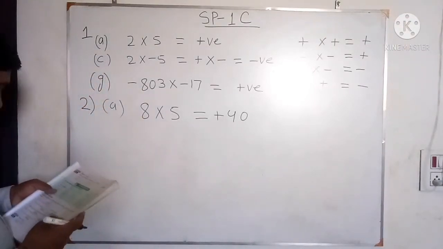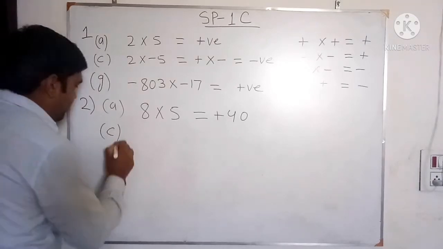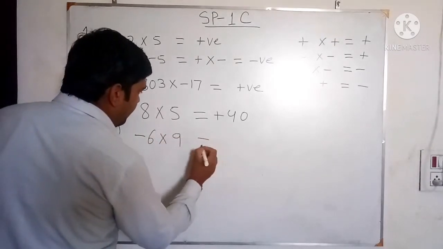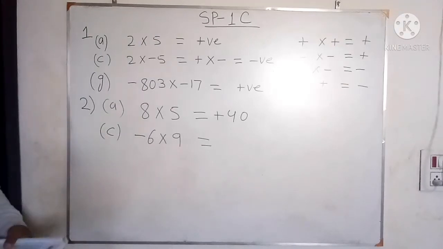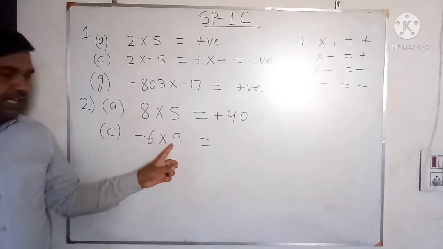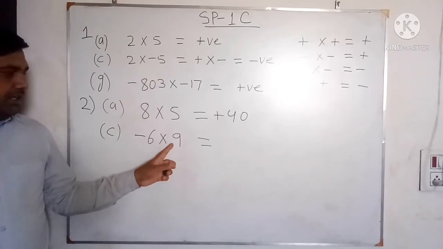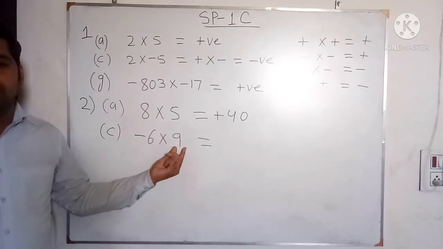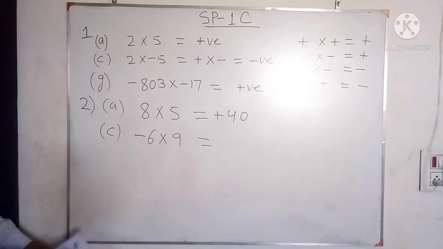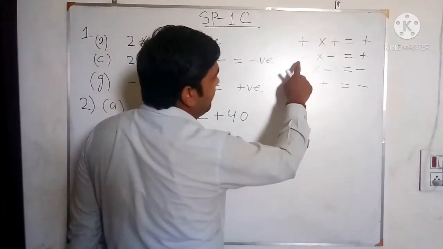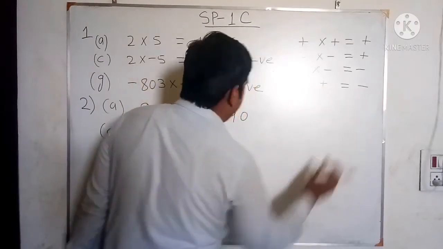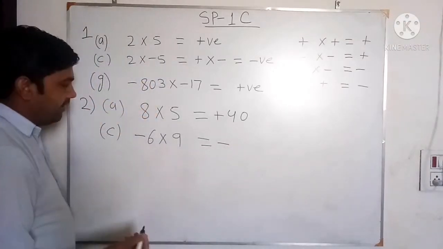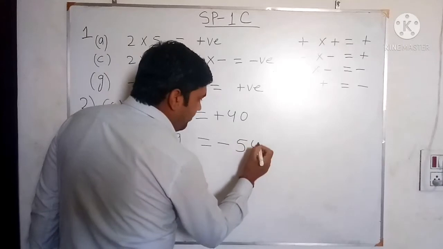Next question, you can see 2C. In question number C, minus 6 multiply 9. Here minus 6 is the negative integer, and this is plus 9. No sign is written before 9, so that is the positive integer and it will be treated as plus. If no sign is mentioned before any digit, that integer is positive. First you multiply the signs, minus and plus. When you multiply minus with plus, the product will be negative. So it will give you the minus sign. And 6 9s are 54. So the result will be minus 54.